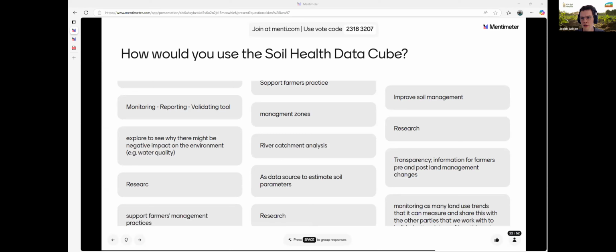Where we're not, and where we probably won't be, is, for example, saying that in this pixel soil carbon has gone down, so we're going to apply some sort of penalty or reward for another pixel, because that's just very invasive, and we just haven't got the ground truthing. Ish and Tom might disagree, but I feel we're quite a long way off from that, even at a sampling level, let alone a remote sensing level.